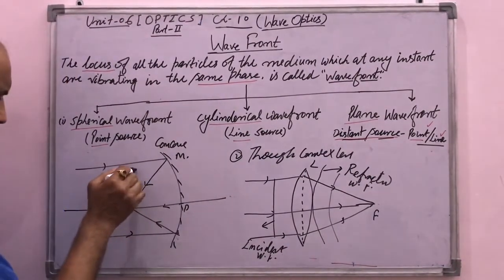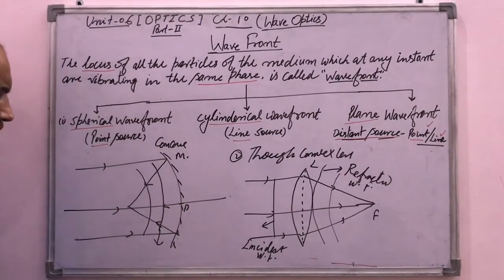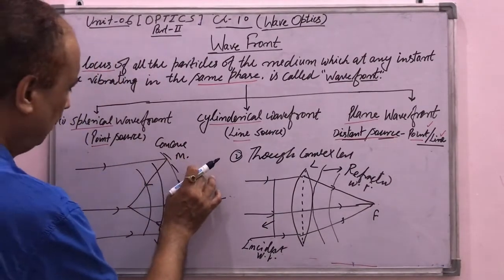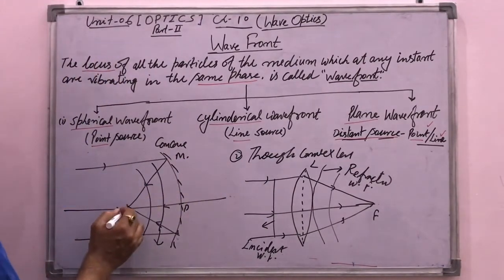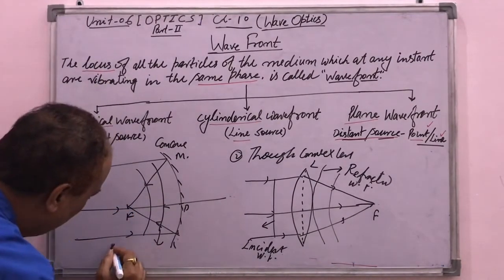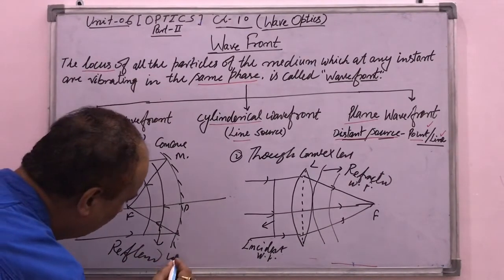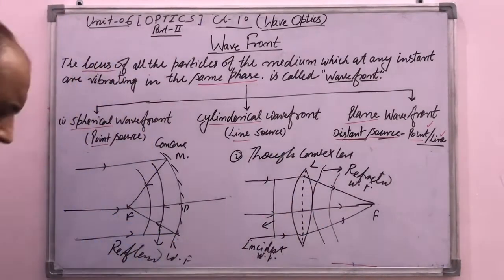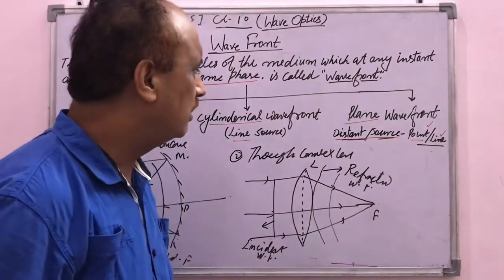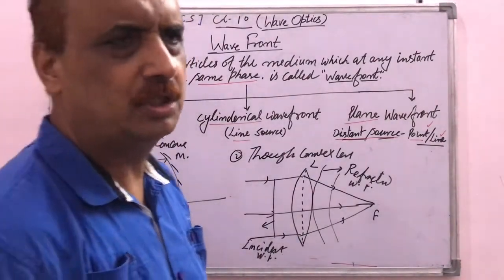These are the types of wavefront, and these are called reflected wavefronts, because in that condition the rays are incident on the mirror, reflected back and focused at the focal point of the concave mirror. So these are known as reflected wavefronts. This skill work will be asked in the examination. Nowadays skill work is mostly asked in the paper as compared to the theoretical part.